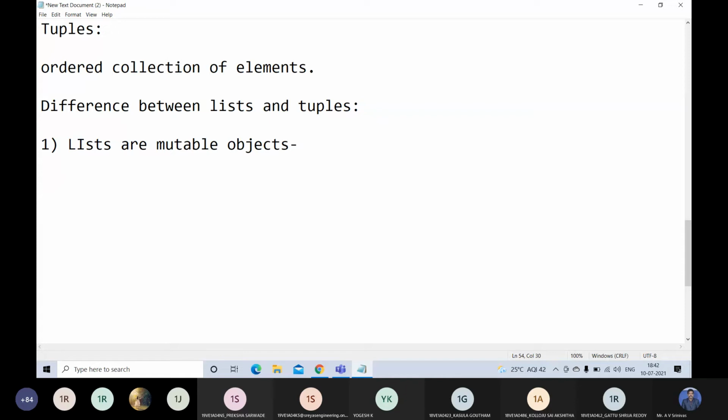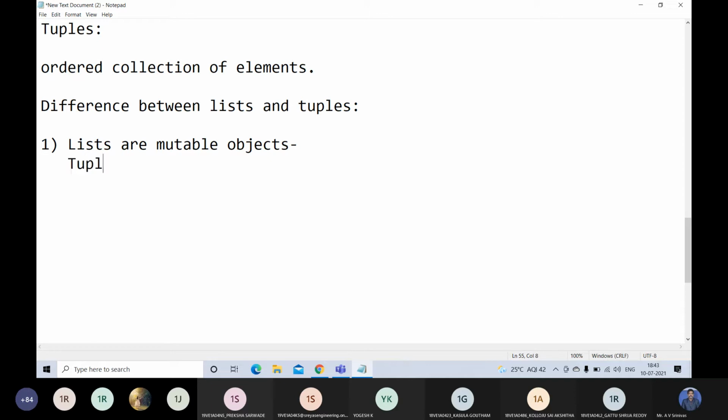That means you can add the elements, you can delete the elements, you can change the elements. Everything is possible in lists. Am I right? You are doing the append operation, the pop operation, the remove, or clear. So everything is possible in lists because lists are mutable objects. Mutable means changeable. It is possible to change the elements in a list. That's why lists are called mutable objects.